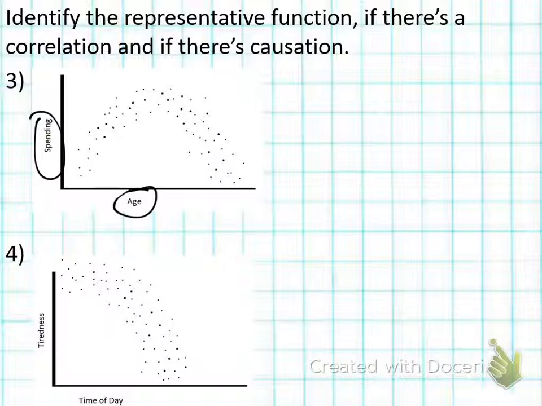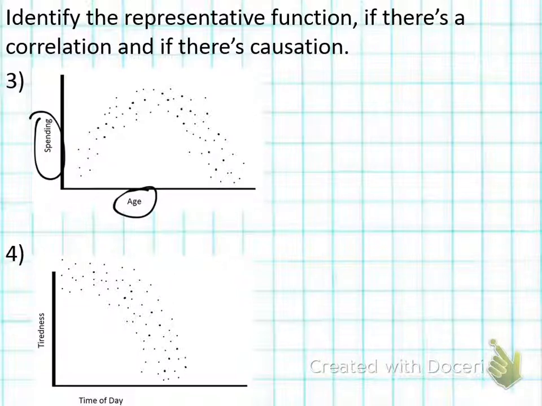And then you become an adult. And then when you're middle-aged as an adult, you have a lot of money. So you spend a lot. You probably have kids, you have family, right? Do you spend a lot? Your parents spend a lot of money, probably? Yeah, they do. And then when you get older, what happens when you get older? Do you keep your job, or what do you usually decide to do? Retire, right? So when you retire, do you have a lot of money coming in, or no? Probably not. You probably don't have as much money. So do you spend a lot when you're retired? Probably at first you do, and then you get less.